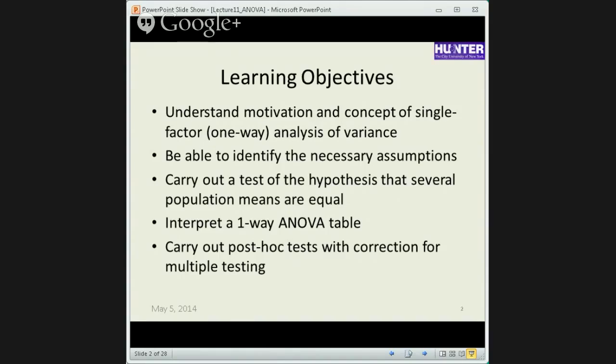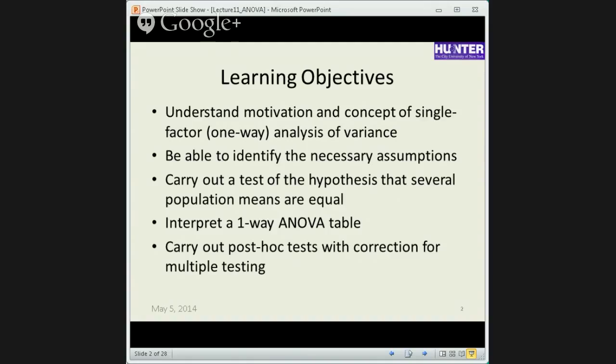Okay, so we're going to cover the concept and the motivation behind analysis of variance just for the one-way case, which is also single factor. So there's one variable, which is a categorical variable with multiple levels. We'll go over the necessary assumptions, carry out